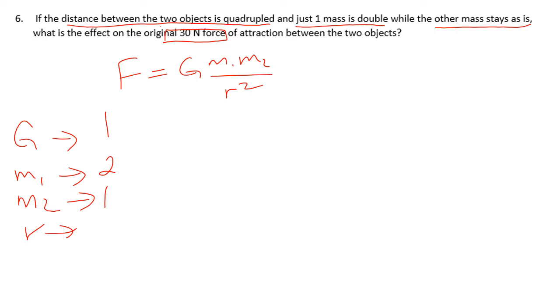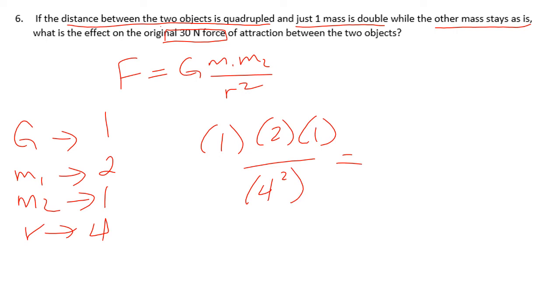And then it tells us that the distance is quadrupled. Quadrupled means 4 times, so that's going to mean that we're making it farther apart. So R is going to be 4. Taking all that information, now we plug it into the original equation to see how it changes. It's 1, 2, 1 over 4 squared. That's going to be 2 over 16, which is reducing to 1 over 8, which is going to be about